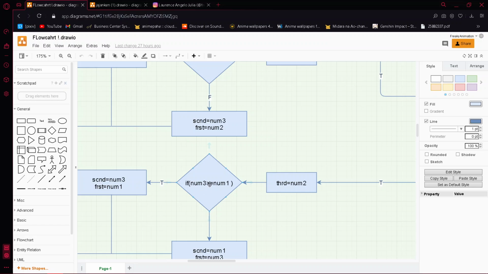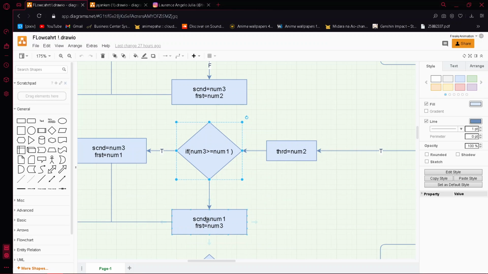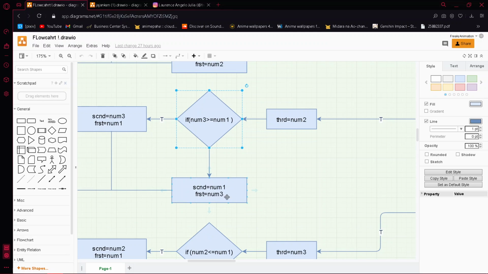Now we need to create a decision to find if num3 is greater than or equal to num1. If it is false, then second is equal to num1 and first is equal to num3.